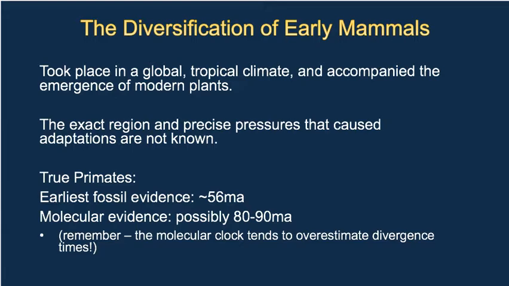It's speculated that primates may have emerged as early as 65 million years ago, so that would be shortly after or around the time of the mass extinction event that I mentioned before. Okay, so the molecular evidence pushes that date back to possibly 80 to 90 million years ago. That type of evidence is best viewed with caution because molecular evidence tends to overestimate divergence times. So in this case, we should stick with the fossil evidence as opposed to the molecular evidence, because the fossil evidence is a little bit more precise and reliable.